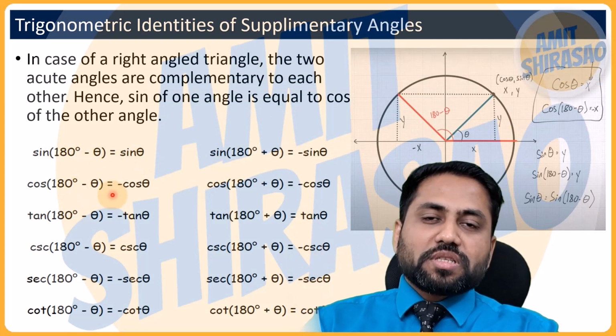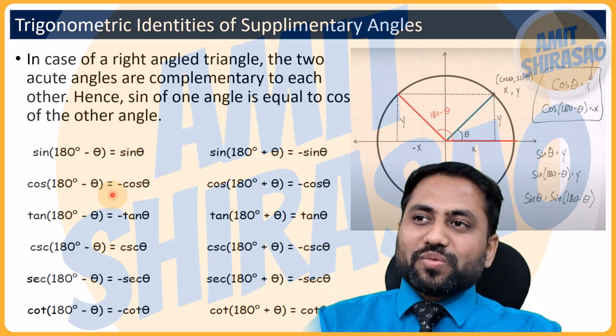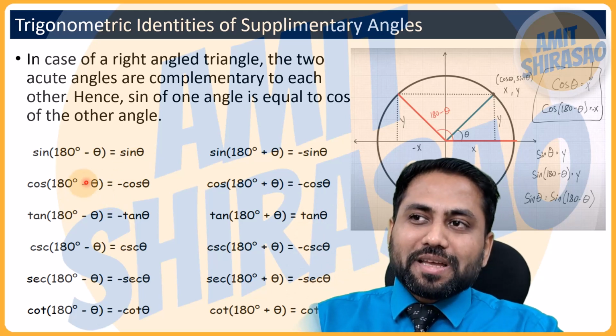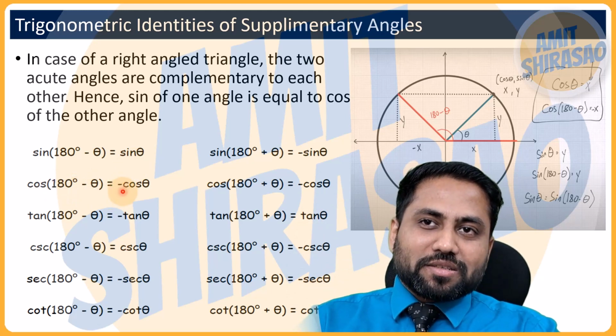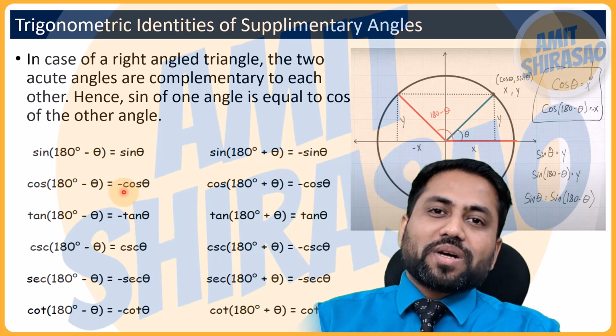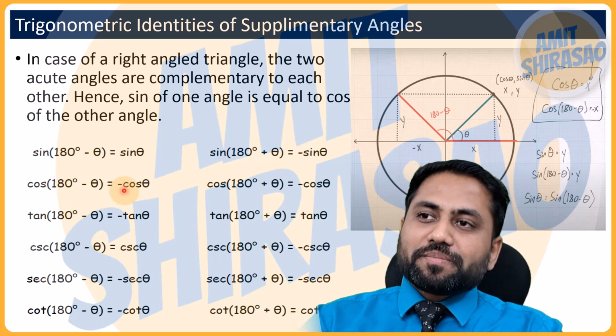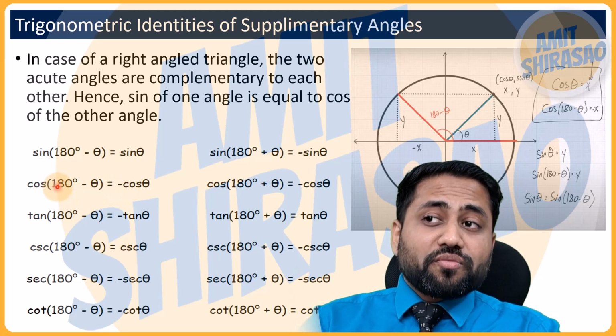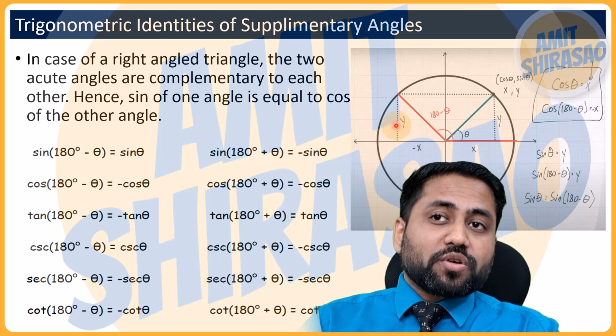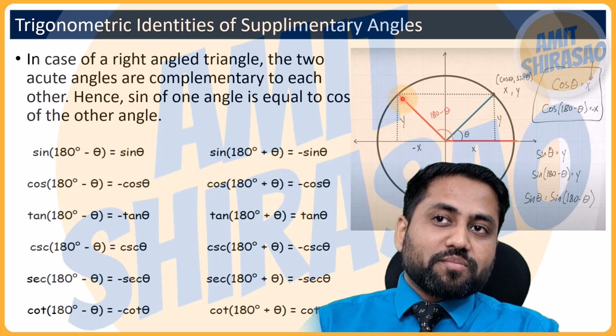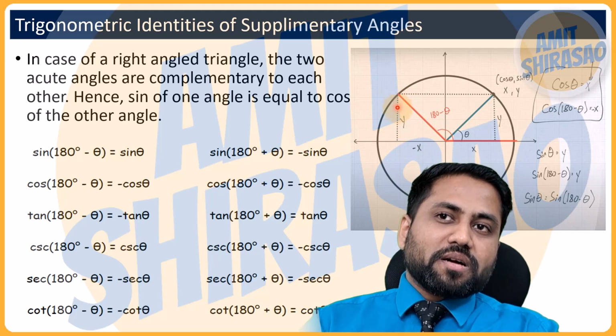Take the example of cos theta. I told you that I'll go with only one, but let's go for cos theta as well. When I say cos theta, why is it negative? That's what I really wanted to stress upon. So why is it negative? Because cos of 180 degrees minus theta means what? It is basically, let's imagine this particular angle. So it will be what? It will be